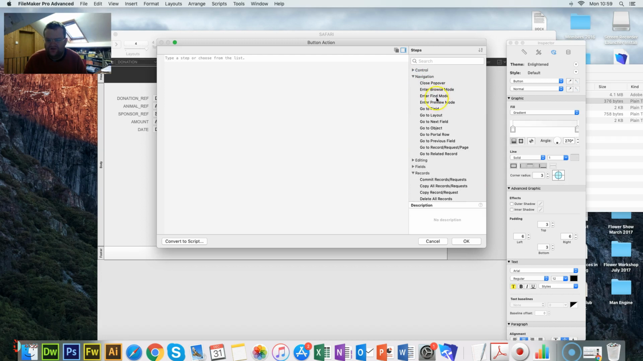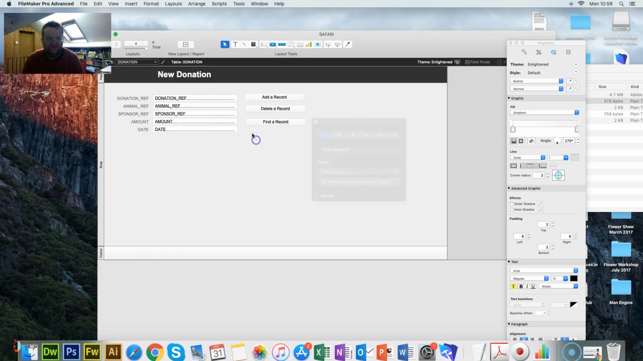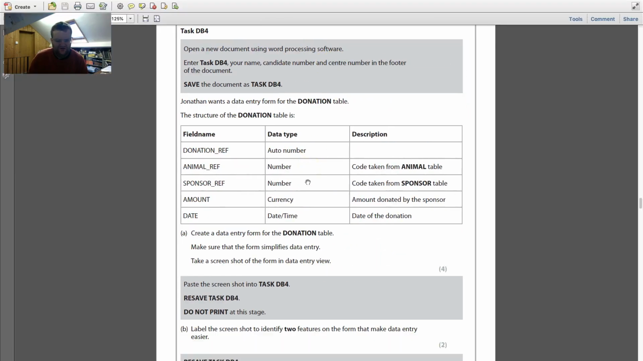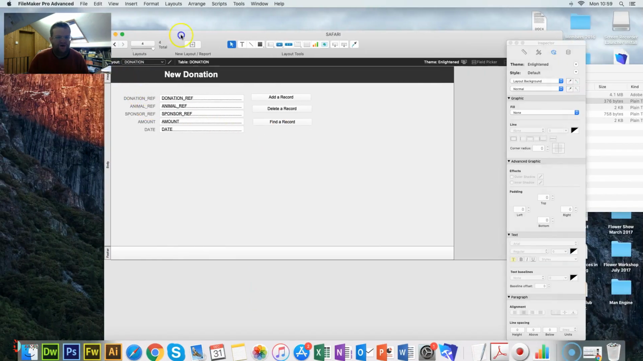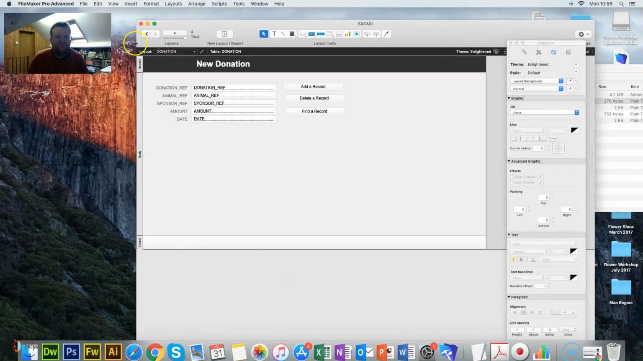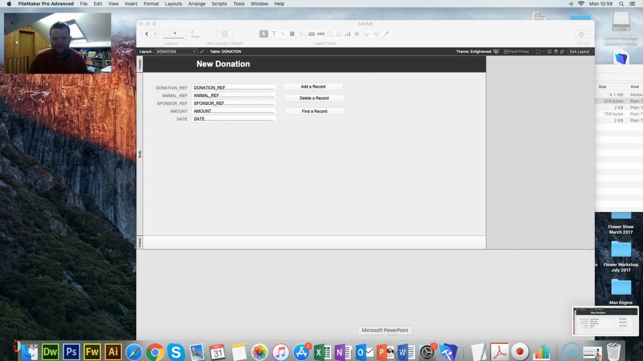So if I go to navigation, I think this is where I can go to a record, double click, like so, and that'll put them in there. And then all I then need to do is take a screenshot and identify two features that you made that better. In terms of this, there are no drop down boxes. So I'm just going to go Shift Command 4, like so, select, go back,